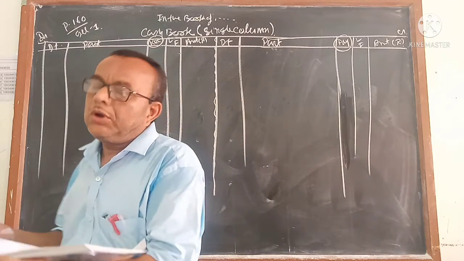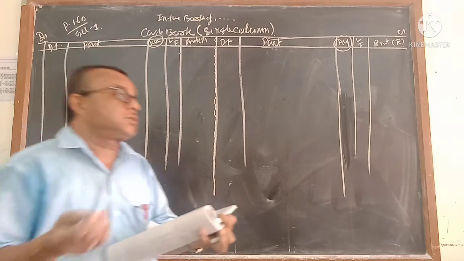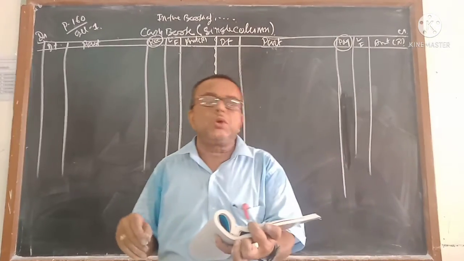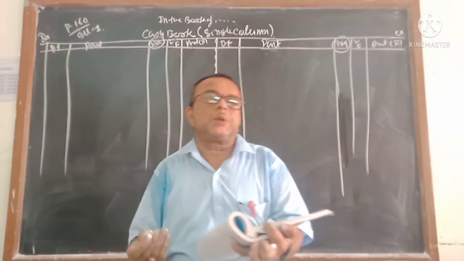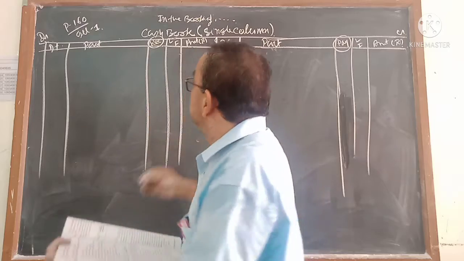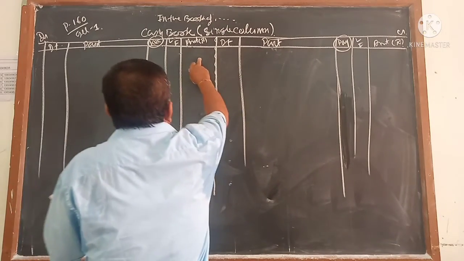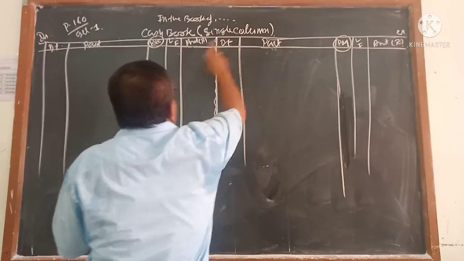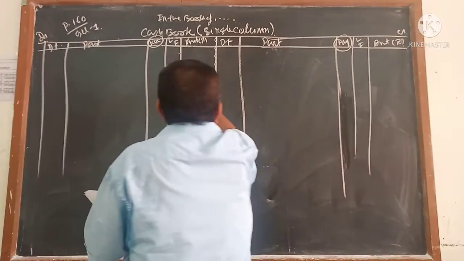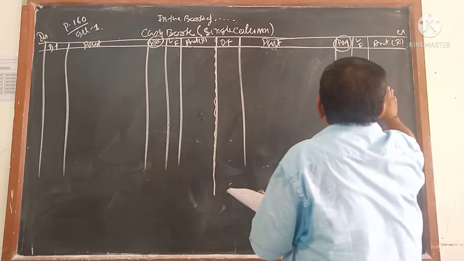Either cash is coming or cash is going, such transactions will be considered as cash transactions. Or either bank is coming or bank is going. Bank is coming or going means bank balance is increasing or decreasing. There I put one amount column, as it is a single column cash book, so you got only one amount column. See, only one amount column on the debit side and one more amount column on the credit side.